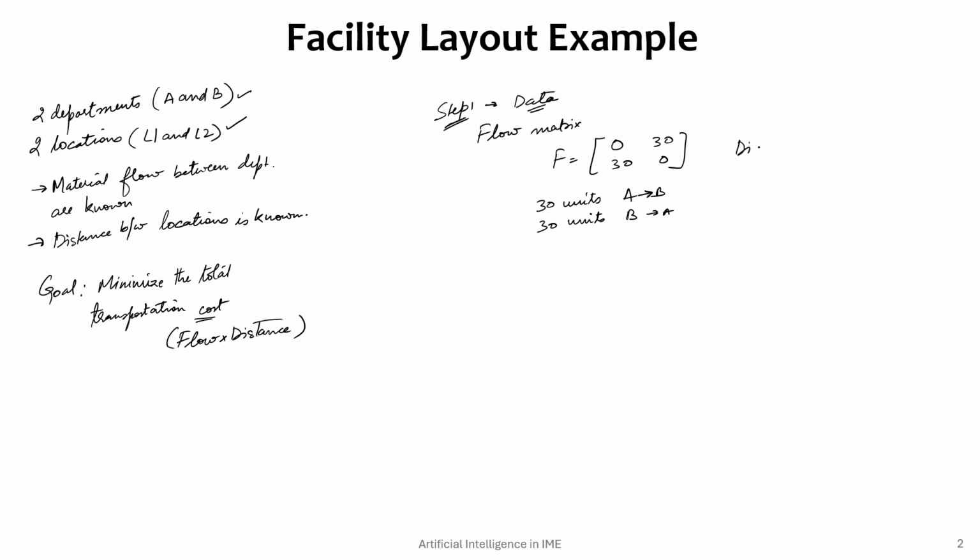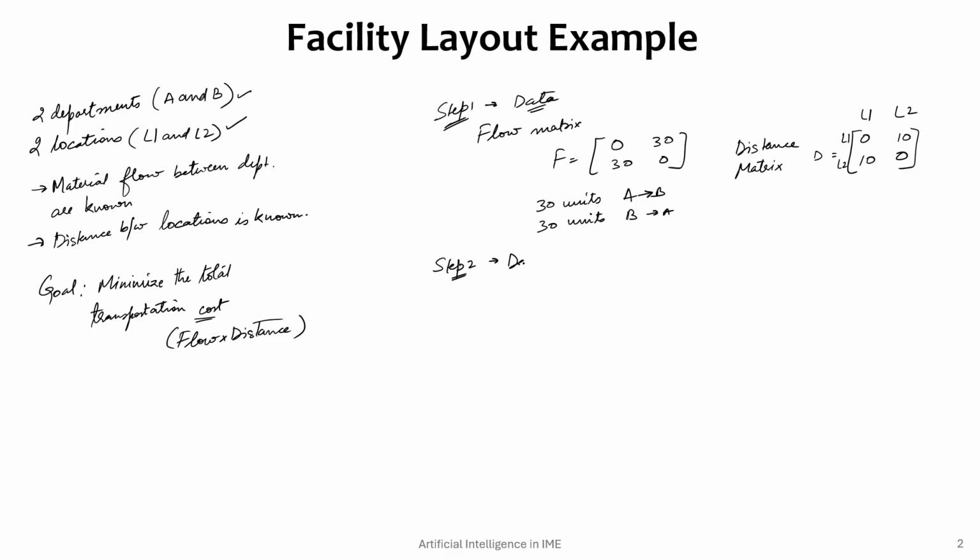and distance matrix is so this is your location 1, this is your location 2, this is location 1, this is location 2. So L1 to L1 distance is 0, L1 to L2 distance is 10, L2 to L1 distance is 10 again, and L2 to L2 is 0. Okay, now you have the data with you for the distance between locations and the amount of quantities that is flowing between departments, right? Now the next step is